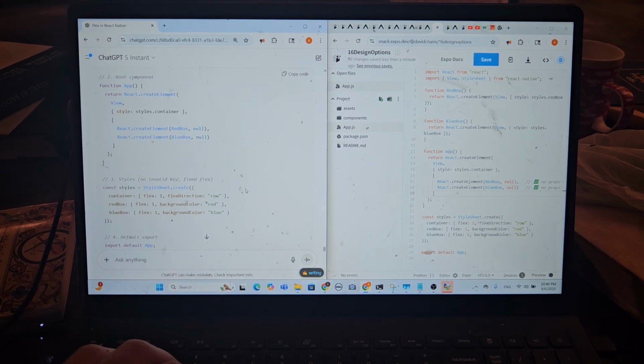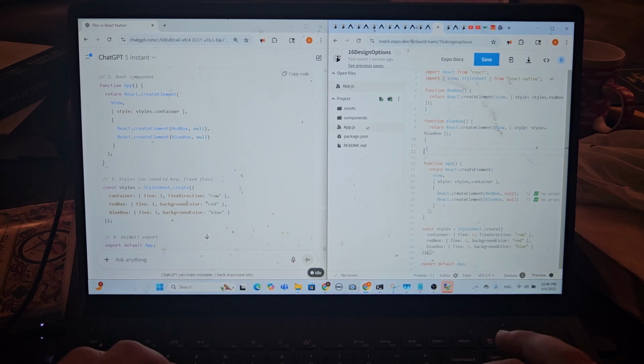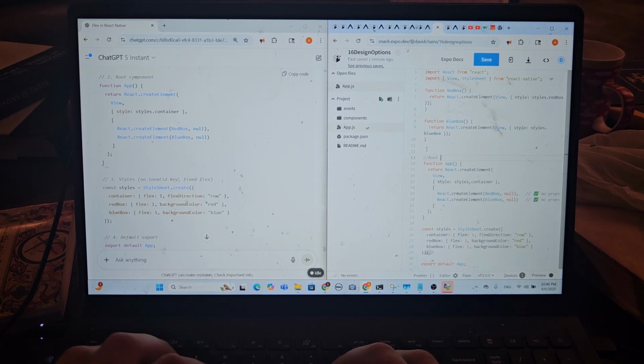So I think the best is that, for the beginning projects, you ask it to make sure all the components are outside the root component, that